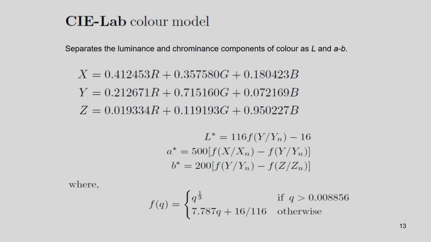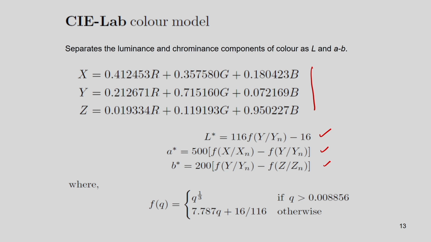And finally, I want to show another important color model, that is the CIE LAB color model. In many computer vision applications, this model is used. Already you know the conversion formula, that is how to convert RGB into the XYZ system, and based on this you can calculate the L value, A value and the B value by using this conversion formula. You can see all this conversion formula and you can implement this.